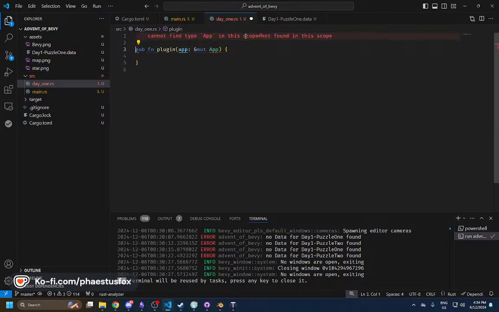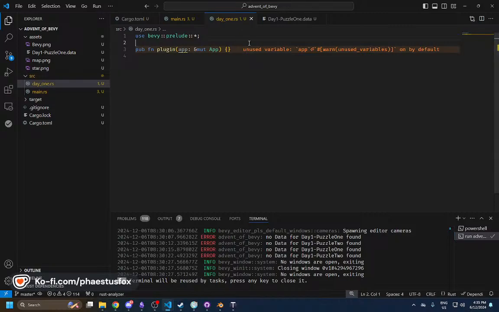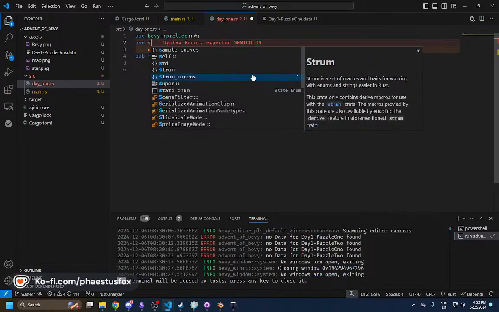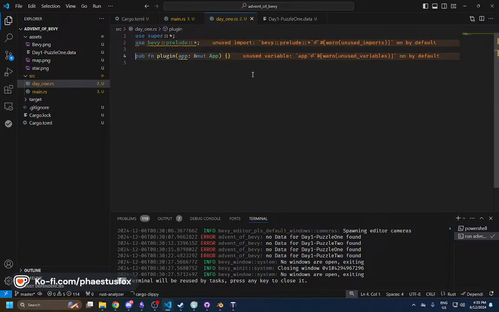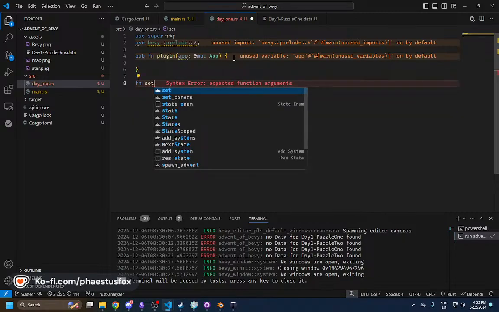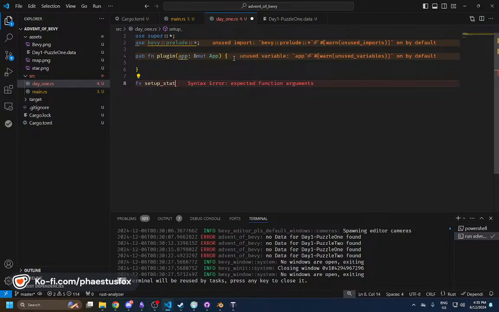So we need to use Bevy. So use prelude. Okay. All right, so we have our app. And then I guess we need to use super as well, so we can bring in stuff like the current state and the data. So we need to say fn setup state setup map. So we need commands, which is